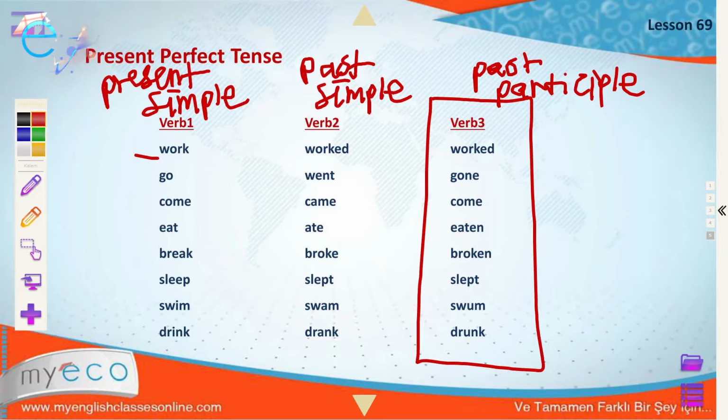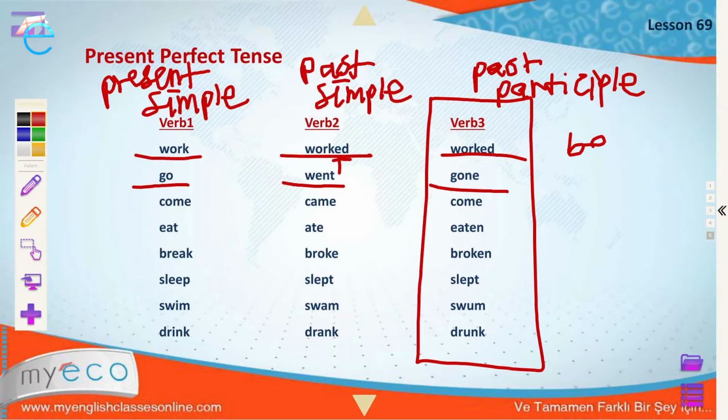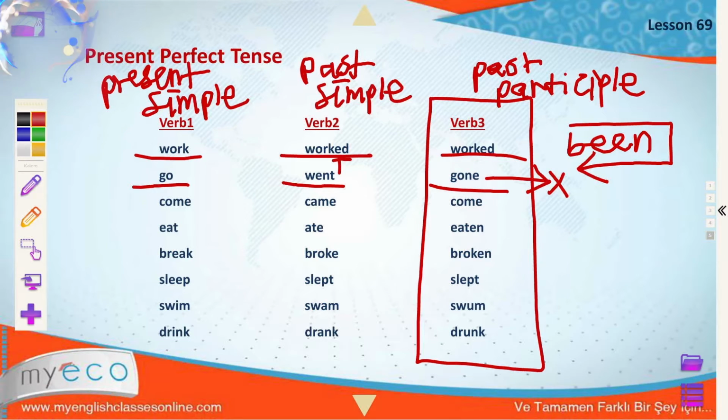Here we have work, worked, and we pronounce this t, worked. And again, with the verb 3, it's worked. Work, worked, and I have worked. Go, went, and gone. But I have been to Paris. Let's take a look at this. Been. Been is to go and then come back. But gone is just to go and stay. So you stop there.